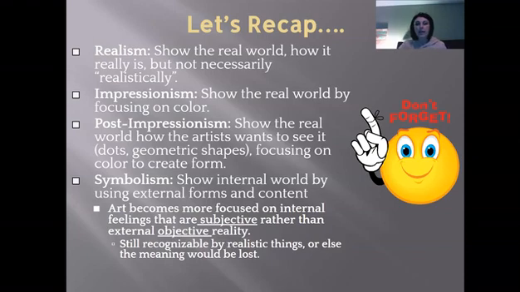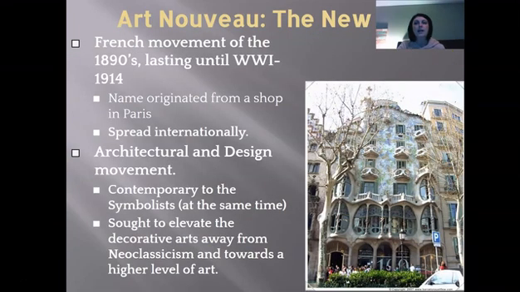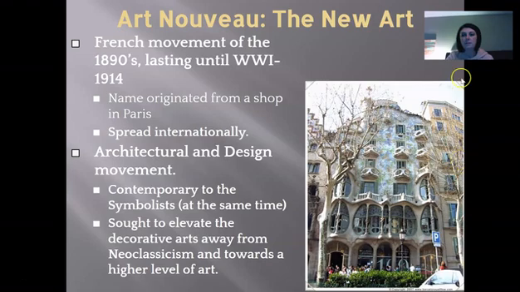So with Post-Impressionism on, art has become very subjective, right? We're being subjected to the ideas of the artist about what art is or what is going on inside their mind. All right. So Art Nouveau is going to be a bit of a continuation of this,